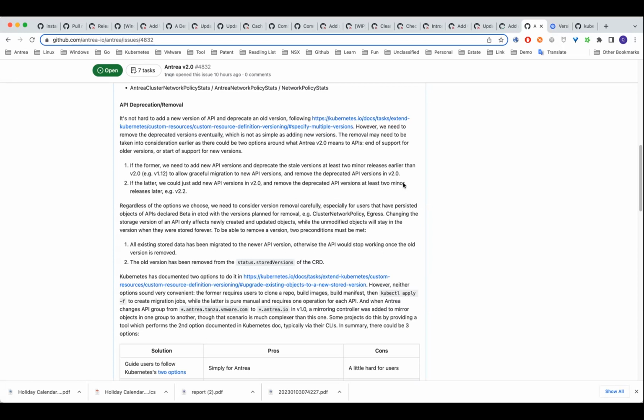non-backwards compatible, because we also provide some tools, or we do it automatically, to help users upgrade to the new major release. And if we follow the easier way, we could just add new versions in 1.0, which means that this is the start of support of new versions, and then